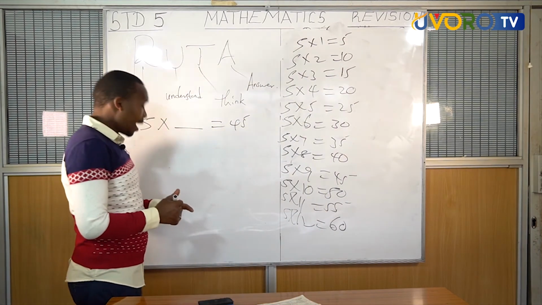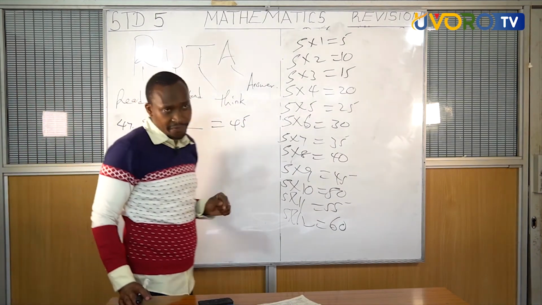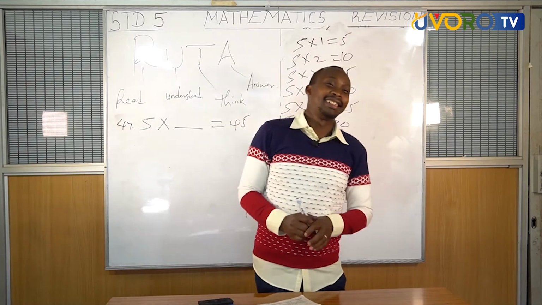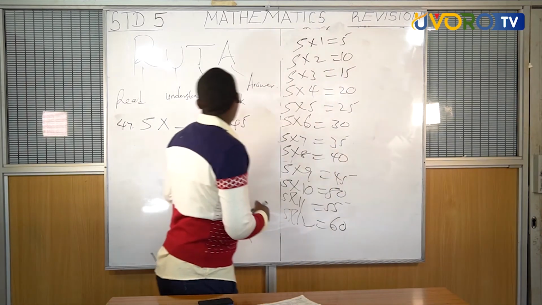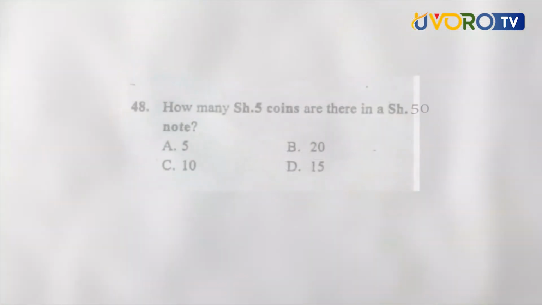Now, class 5, I want you to tell me 5 times what equals 45? Hurry up. Very good. That is times 9. We got to question number 48. Question number 48. How many shillings 5 coins